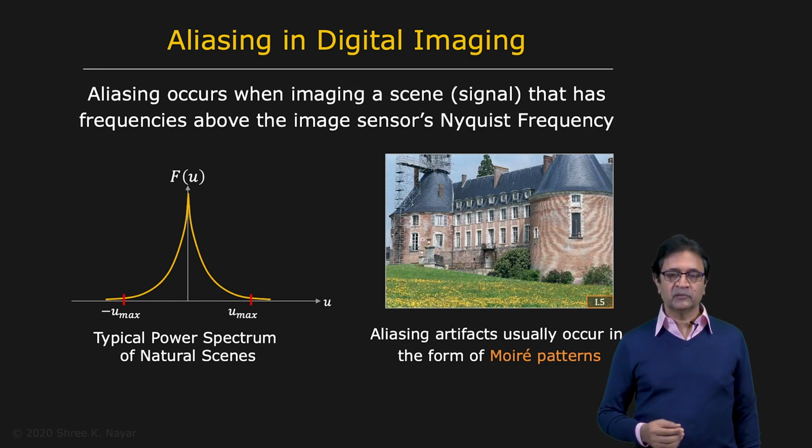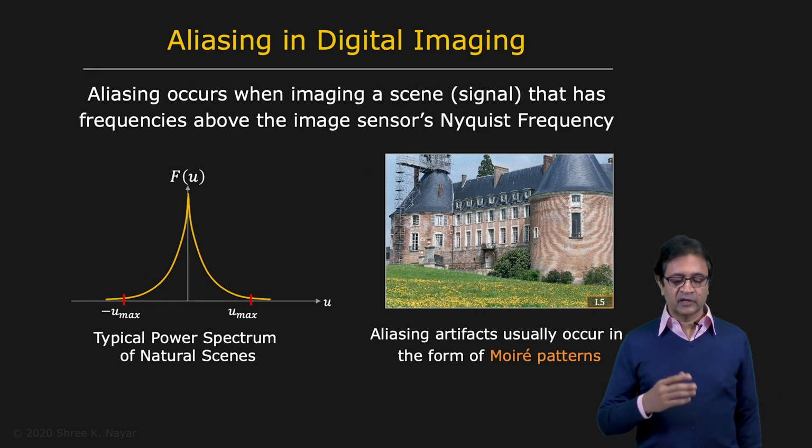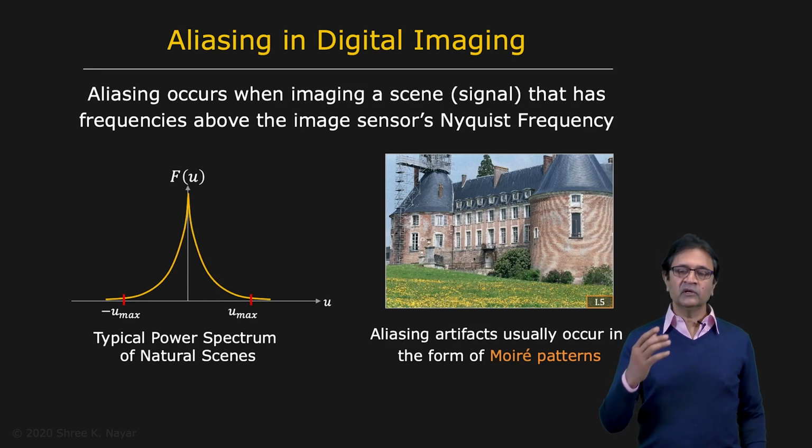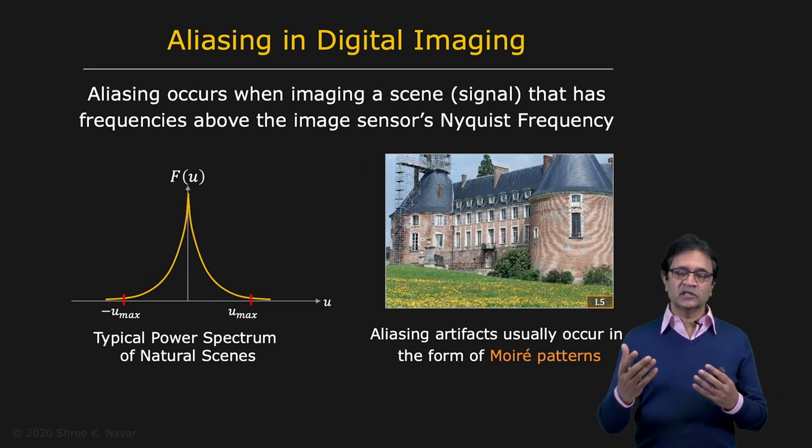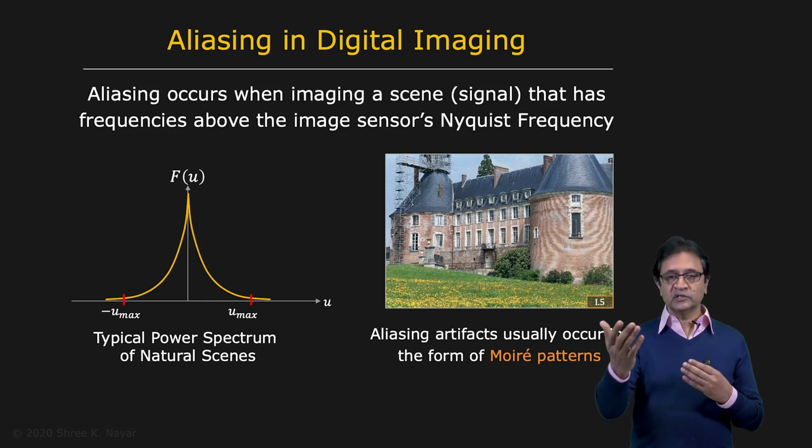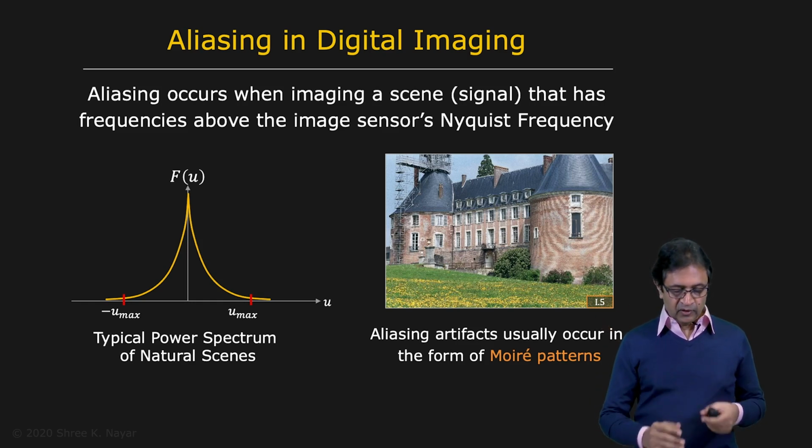So aliasing or undersampling produces, as we have established, a variety of artifacts in images. Now, we don't get to control the continuous signal that's falling on the image plane. That depends on the scene that we're exposing the camera to. But it turns out that for most natural scenes, the Fourier transform of the scene looks something like this. It's called the 1 over u fall off. It falls off as a function of u, the frequency. And so one can say that the maximum frequency that's going to fall on the image, in the continuous image, is say u max somewhere here.